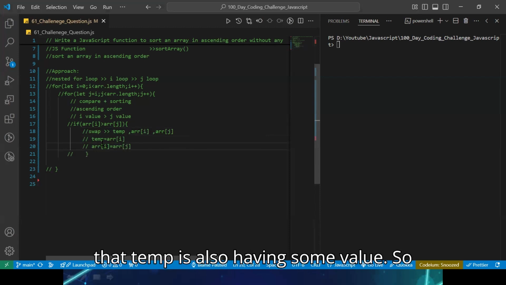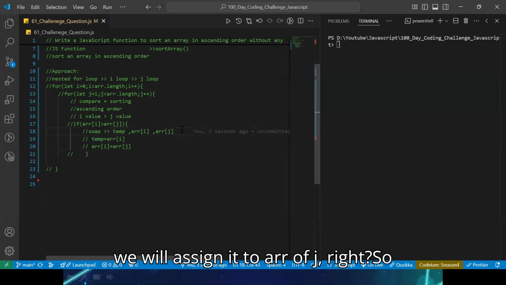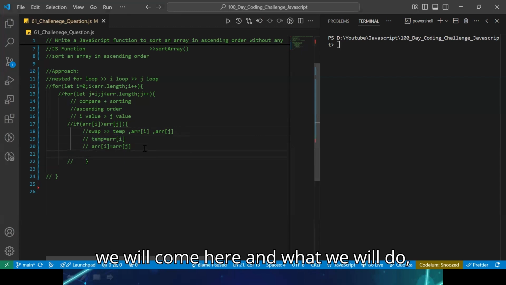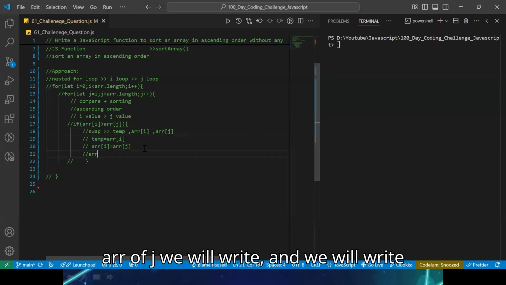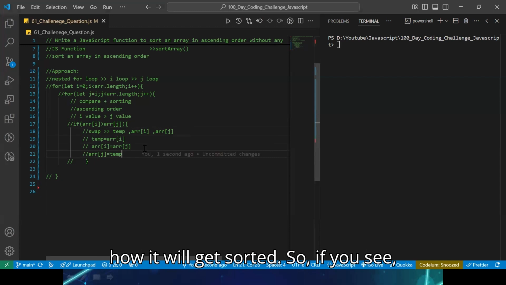Now we know that temp is also having some value. So we will take this temp variable value and we will assign it to ARR of J, right? So we will come here and write ARR of J is equal to temp. And this is how it will get sorted.